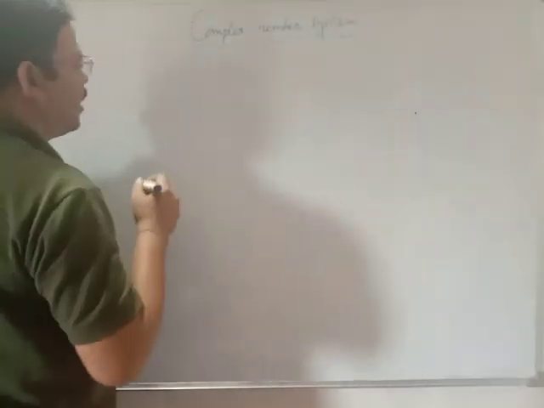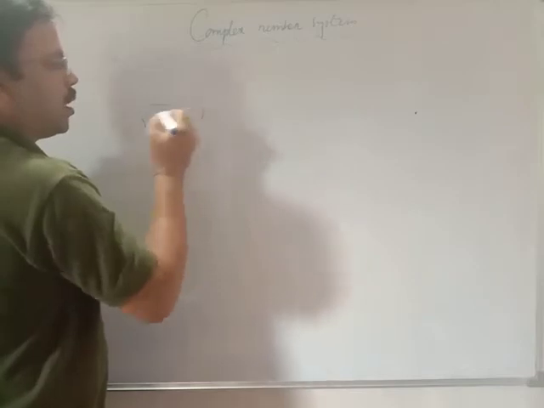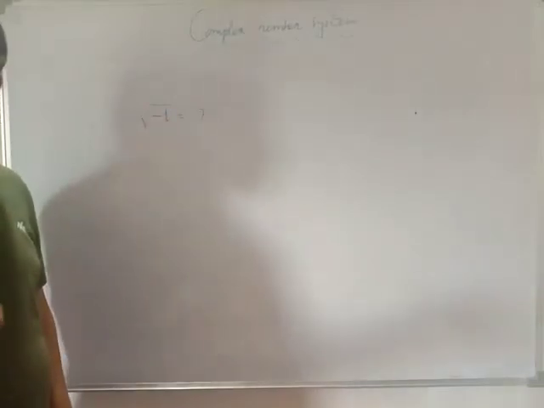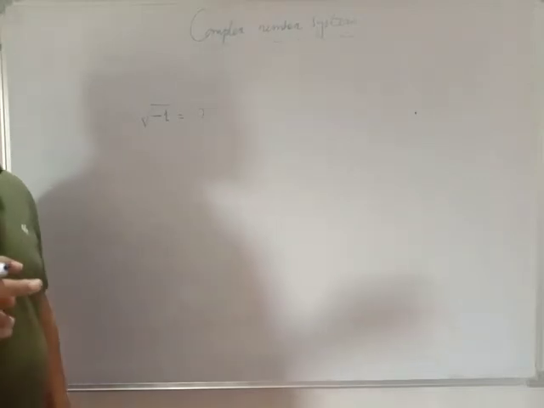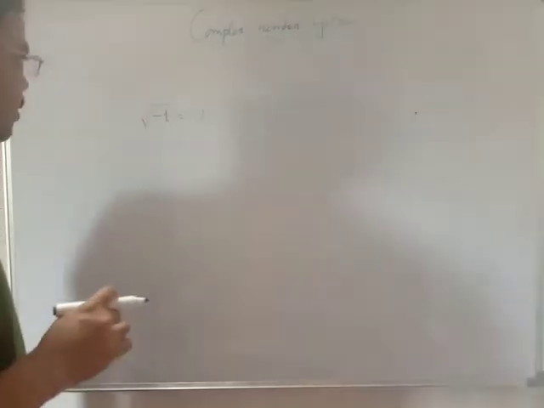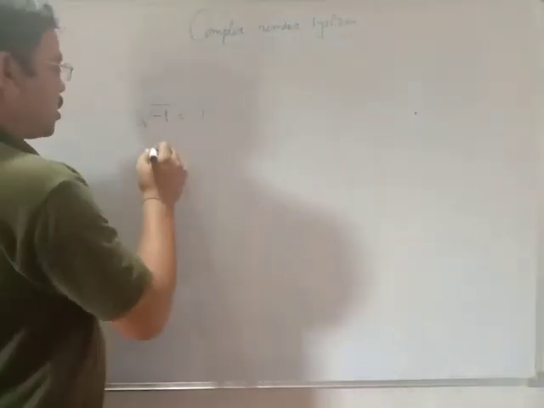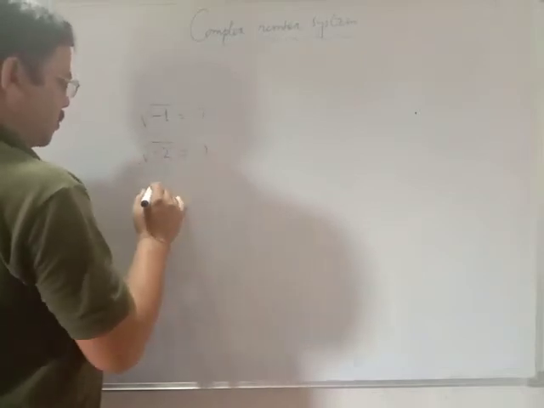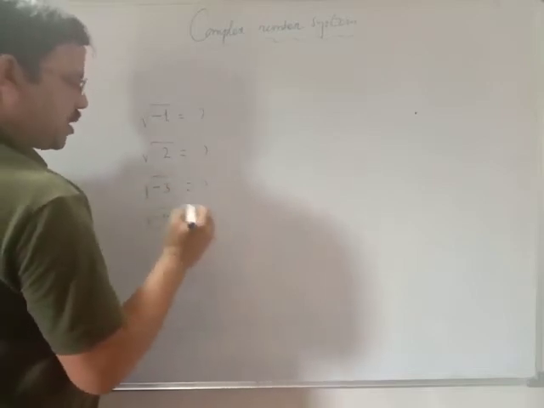So first of all, let us think about the square root of negative numbers. What is the square root of -1? In high school, we said that the square root of -1 is impossible. Yes, till now also it is impossible. Square root of -1 is unknown to us. Square root of -2 is also unknown. Square root of -3 is also unknown. Square root of -4 is the same case.